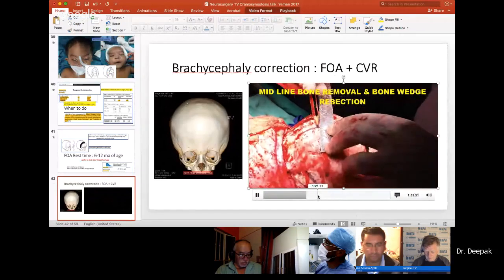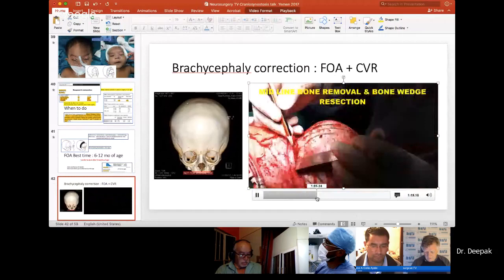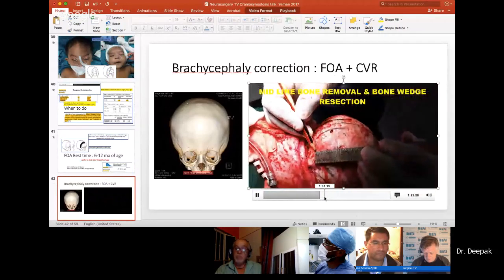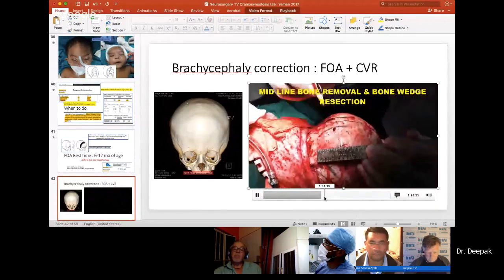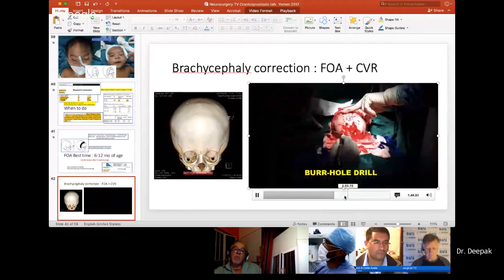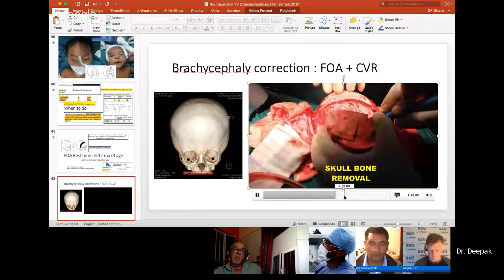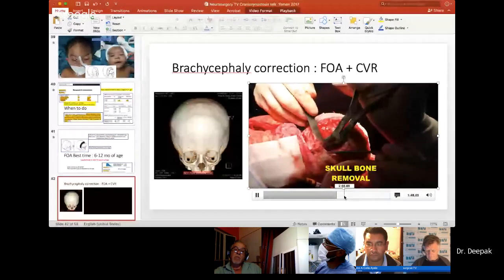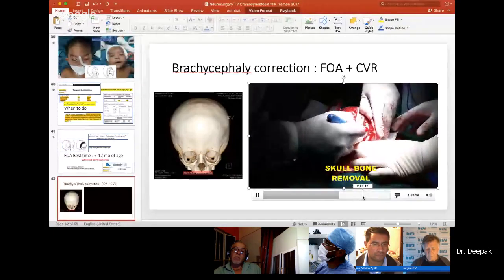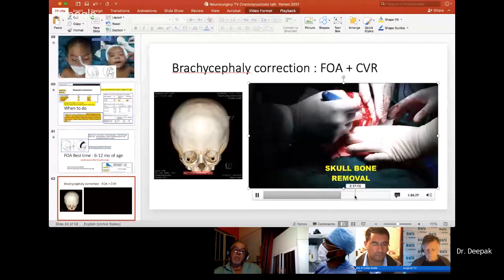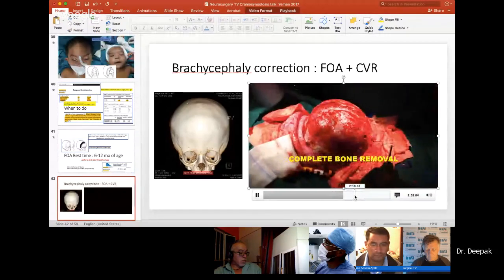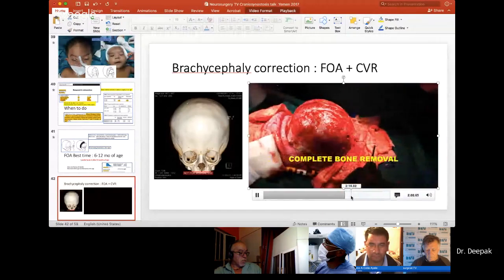So this is called a geometric or a mathematical correction of craniosynostosis. You can see all these cuts which we are making is after thorough preoperative planning in these children. So it involves a lot of mathematics and surgical skills if you are really aiming for a good cosmetic outcome to your children. So the bones are being elevated under vision, and of course you need to avoid hypothermia and blood loss in these children.